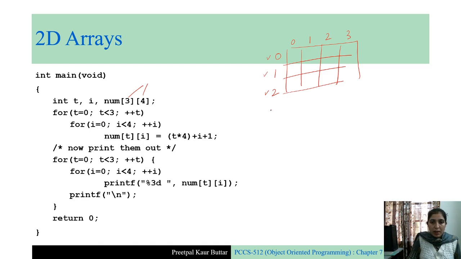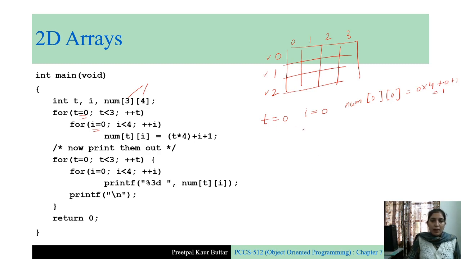So for example, initially t is 0. So we will go here. And here we have another for loop. So initially i is 0. So num[t][i], that is num[0][0], is equal to t into 4 plus i plus 1, that is 0 into 4 plus 0 plus 1. So it will be equal to 1. Okay.